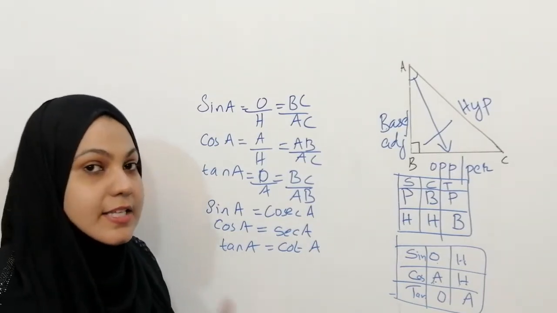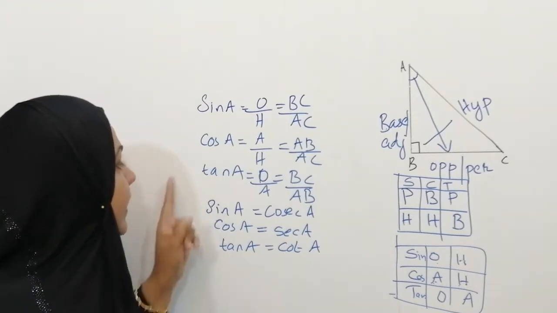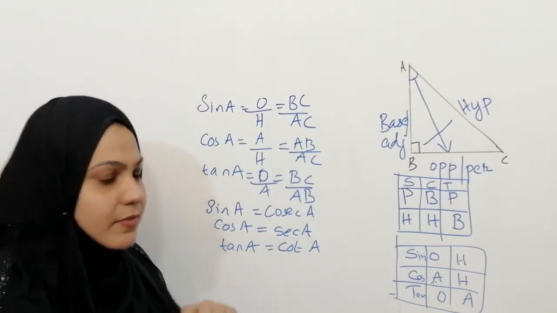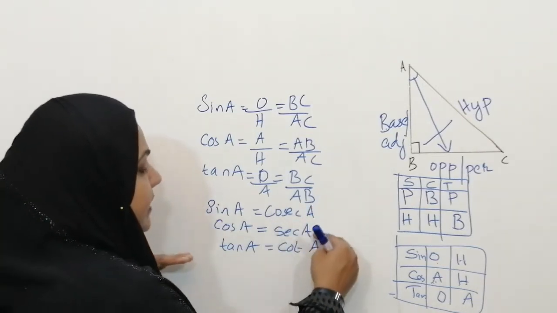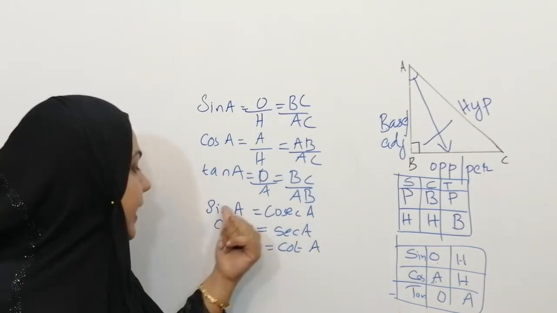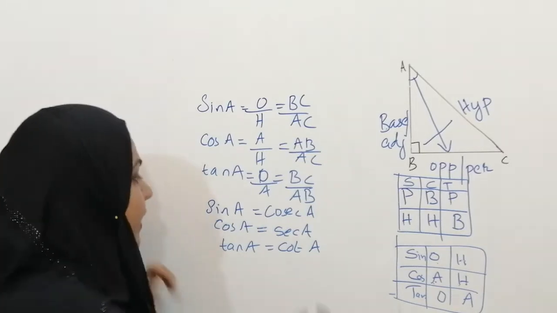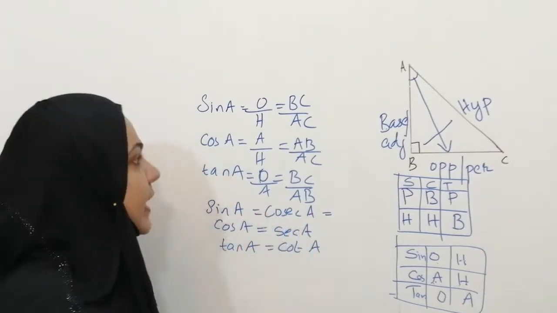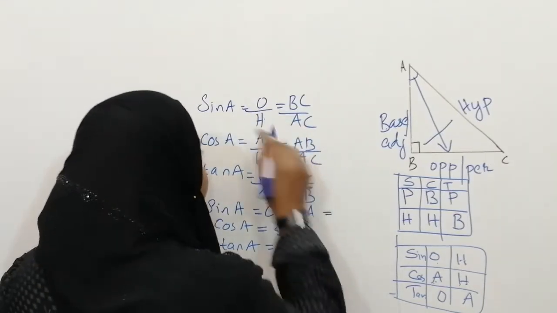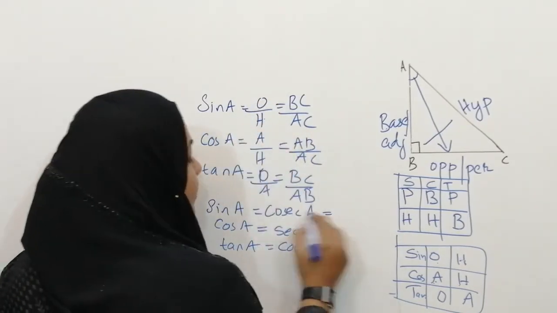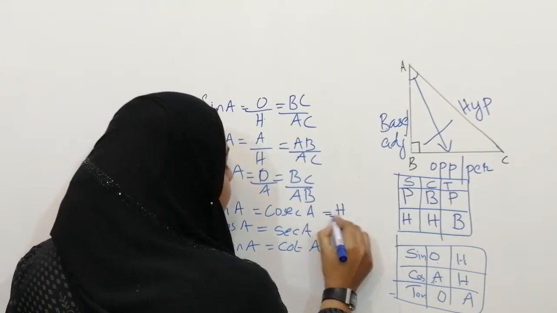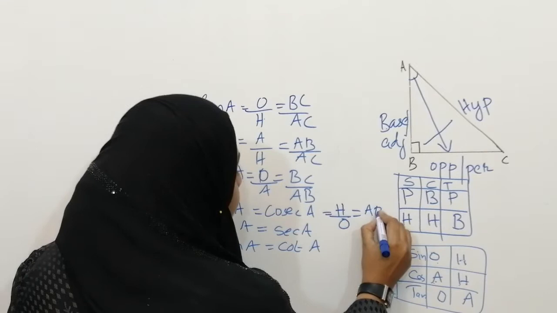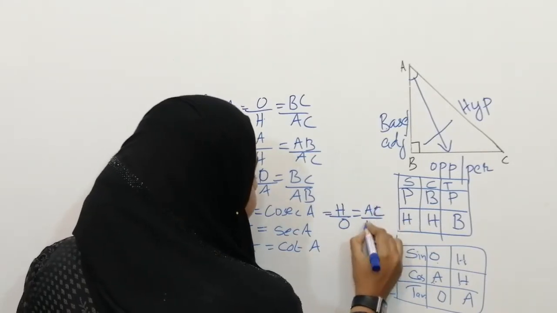Now you will think, teacher, you have just explained only sine A, cos A, tan A using these tricks. So how we will learn? Don't worry, this is very easy. So you know that cosec A, sec A, cot A are the reciprocal of sine A, cos A, tan A respectively. Now we can write. So I already said cosec A is the reciprocal of sine A. So that means how we can write? Sine A is opposite to hypotenuse. So cosec A is hypotenuse to opposite. That means AC to BC.